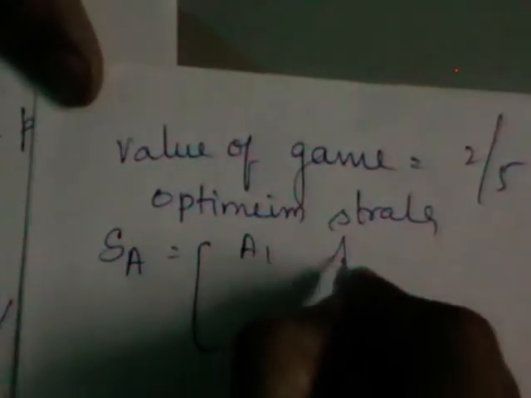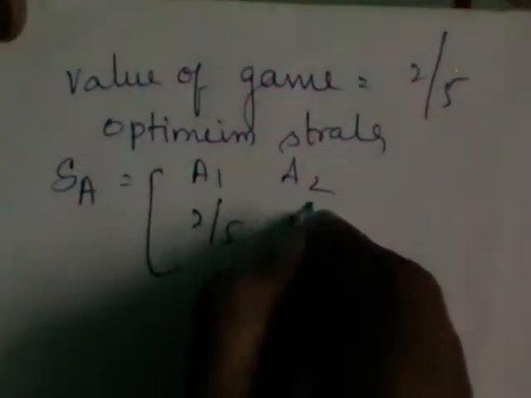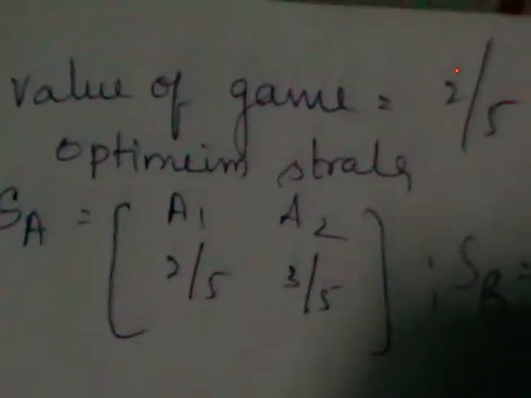And SA, the optimum strategies, as it is of order 2, you are going to write here A1 and A2. What is P1 here? P1 here is 2 by 5 and the other is 3 by 5. For SB, as I said, you are going to have 4. Out of these 4 strategies, 1 and 3 are 0 and you got the rest as 4 by 5 comma 1 by 5, and the value of the game.